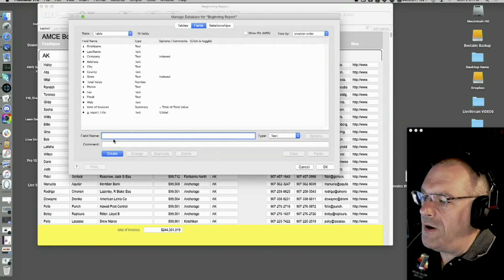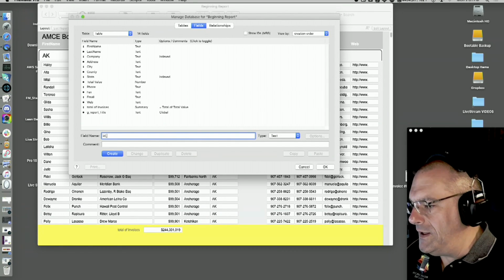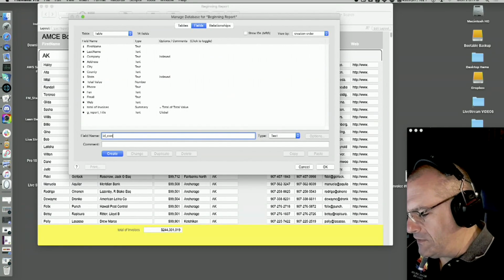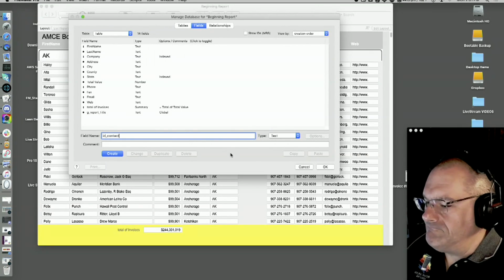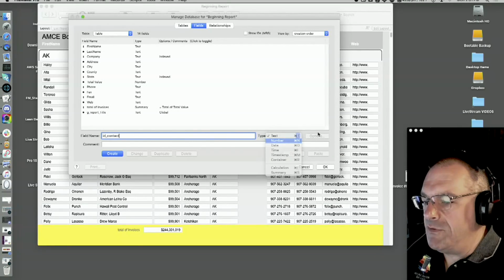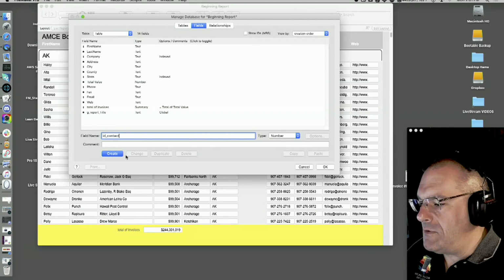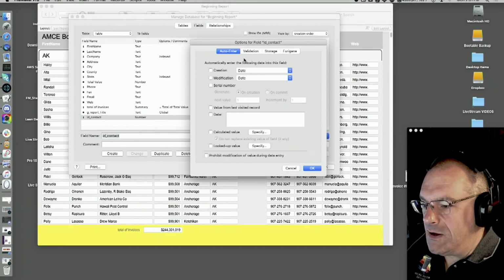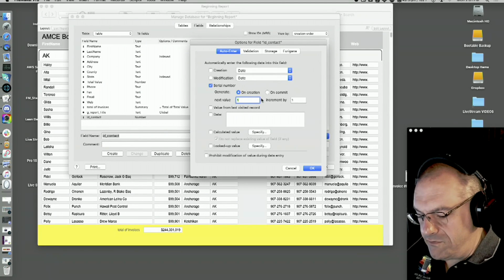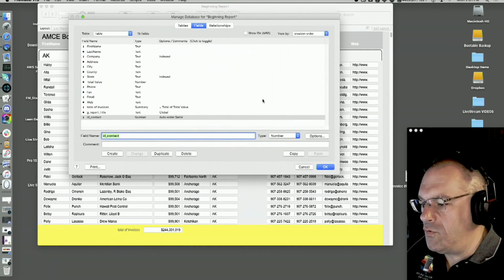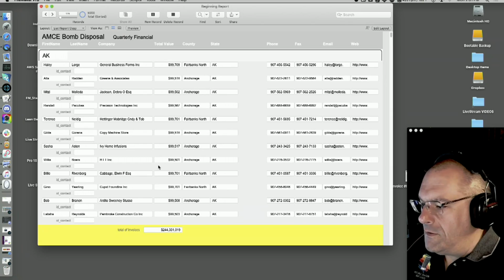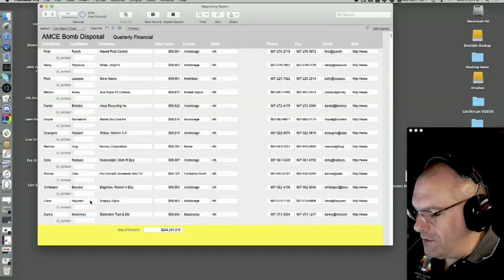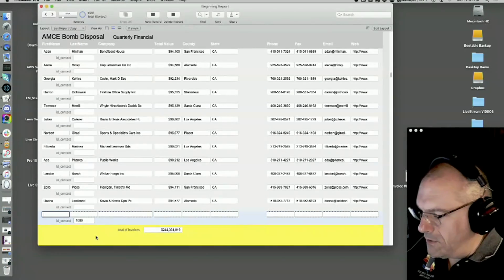I always create primary keys where I say, like, ID contact, right? I'll say ID contact. For lack of a better thing, I'll make it a number field. I'm going to create it, and I'm going to say that it's an auto enter with a serial number, and it starts at 1000, something basic. So as you create new records, they're all blank in here, but as you create a new record, it starts numbering.